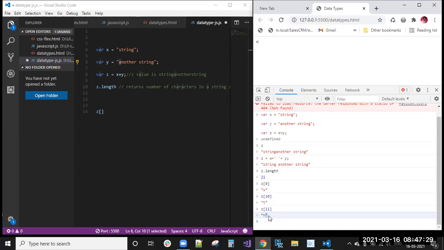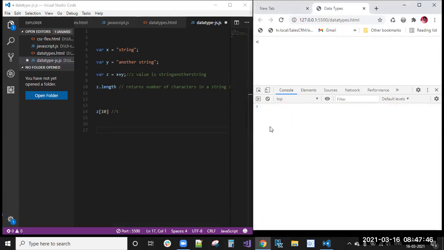This method is by index. We search the letter by using the index. Here z of 10 means you will get T. So by using the indexes, you are searching the letters.